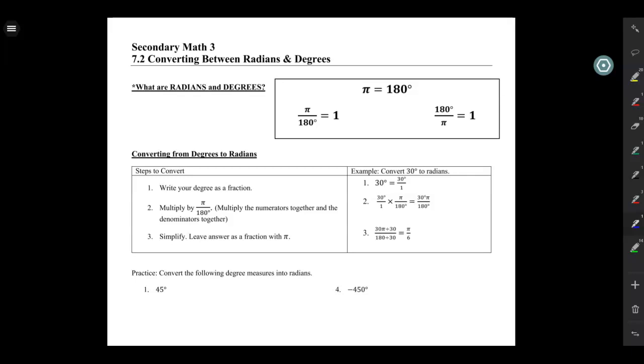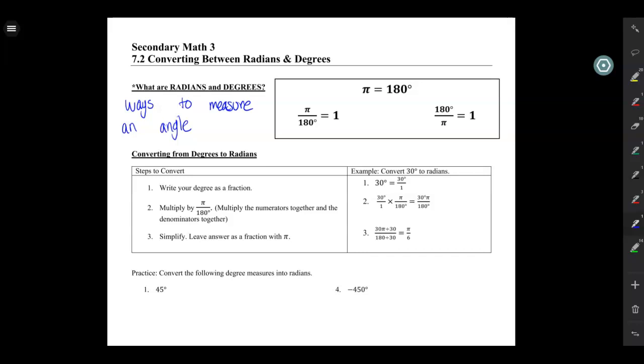In this video, we're going to be talking about how to convert between radians and degrees. So the first thing you need to know is what are radians and degrees. And really, radians and degrees are just ways to measure an angle. So kind of like how we measure distance in feet and meters, we measure angles in two different ways, radians